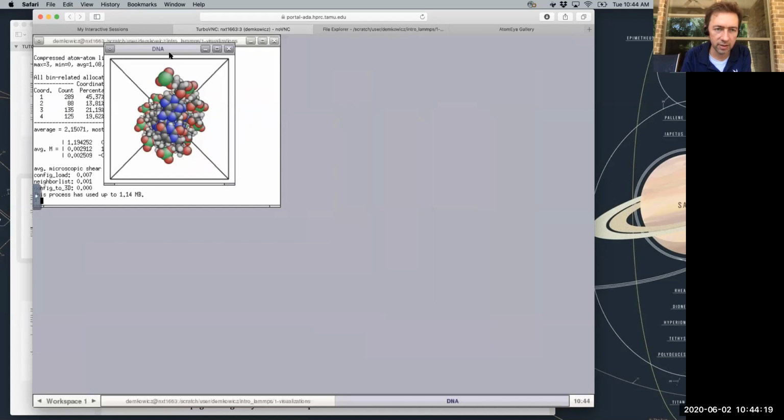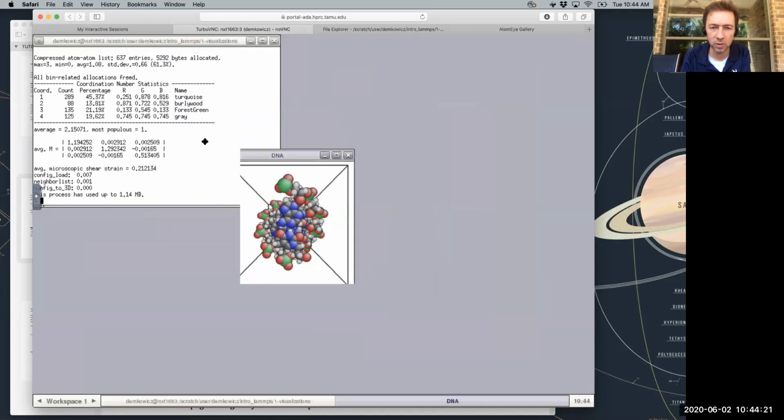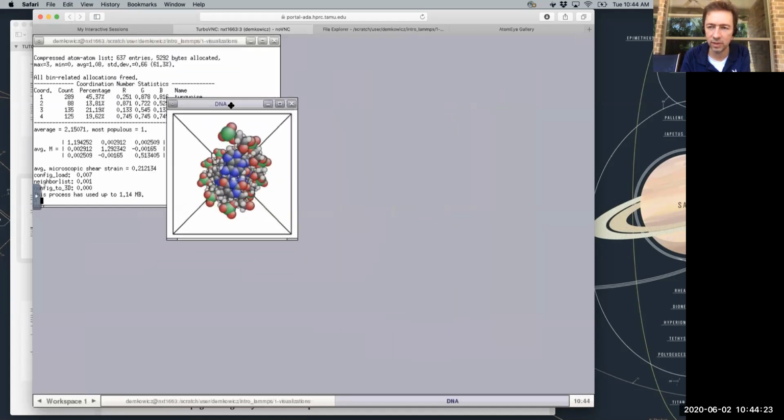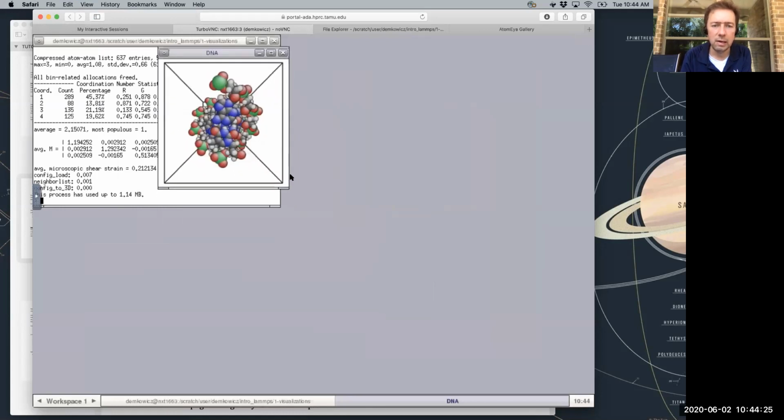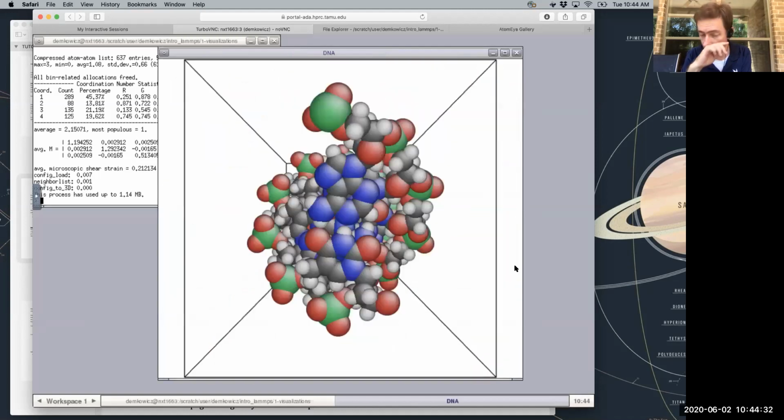And here, this is just a window. I can carry this window around just by clicking and dragging it like I would on a regular desktop. And I'm going to resize it. I'm going to make it a little bigger, right? So I'm going to just resize this window to make it a little bit bigger. It should adjust so that you can see everything.